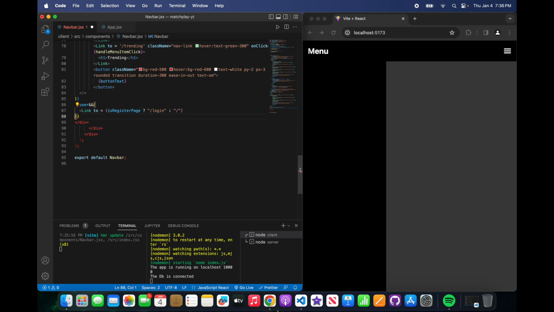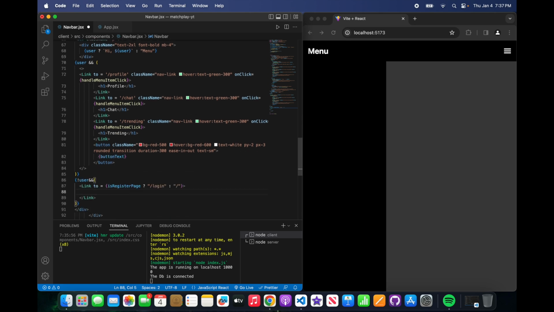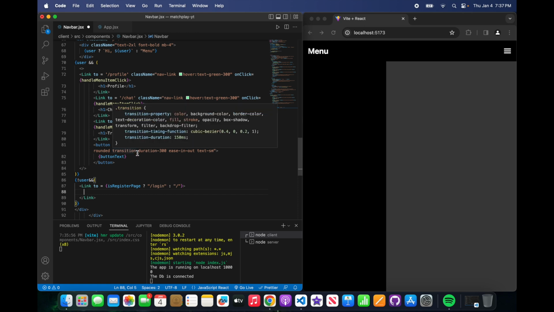Now we can do like that, and we're done. So for the link, if there's no user, we don't need all these items to populate here. All we need is the button to say basically sign out. So what we can do is we can just grab